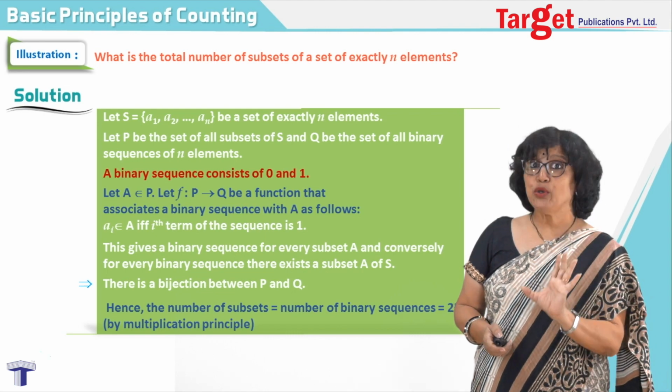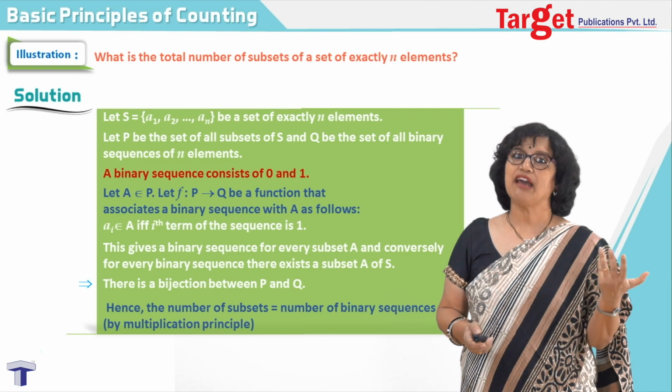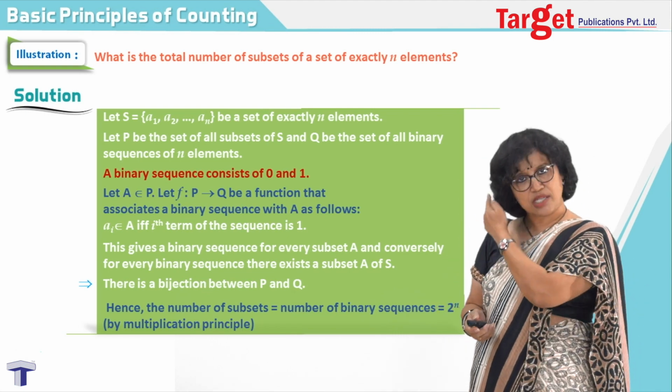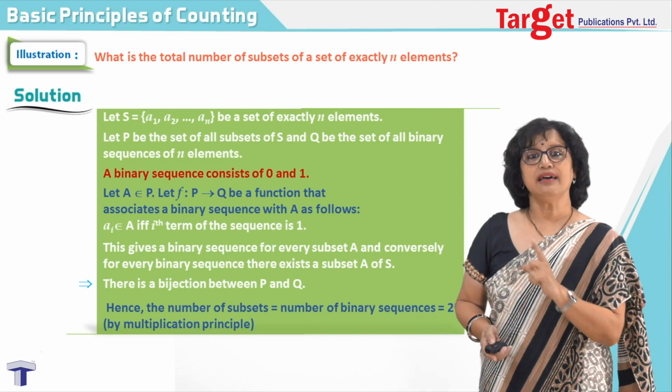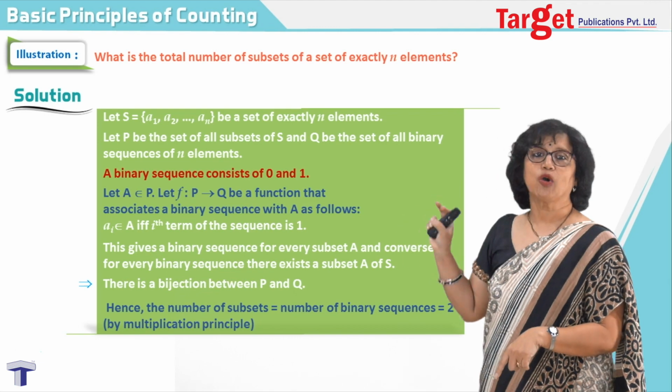And this, if you now recall, you have already used: how many possible subsets are there of a set having n elements? 2 raised to n. Or go back to that set theory chapter and search for this result. We have already used this result. We have used only the result. The explanation comes in the topic combinatorics.